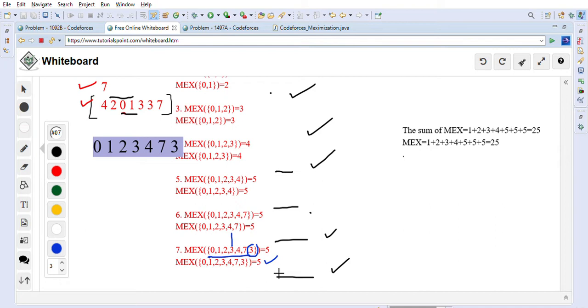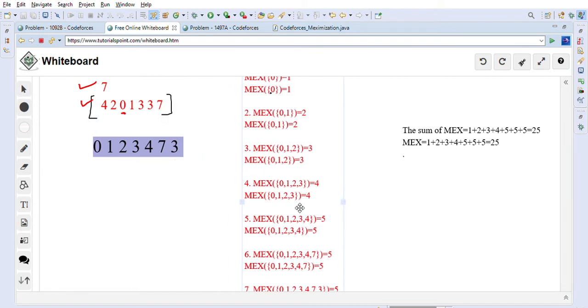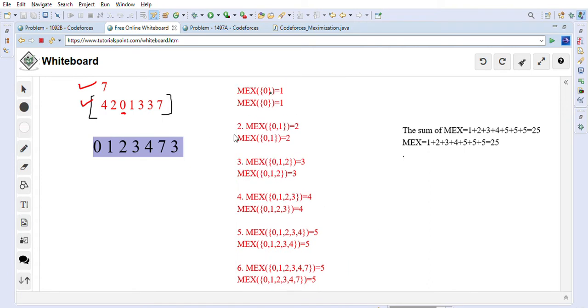So I'll just remove this color, so we can have a clear screen here. So I'll just move it again, this one. So this is our next example. One more time we'll see why we are doing the sorting, right? So for example, let's just assume that 0 is there, then 5 is there, and then 1 is there, and let's say these are the elements, right? And if we are not taking them in sorted order, let's say if we take 5 first here, then the